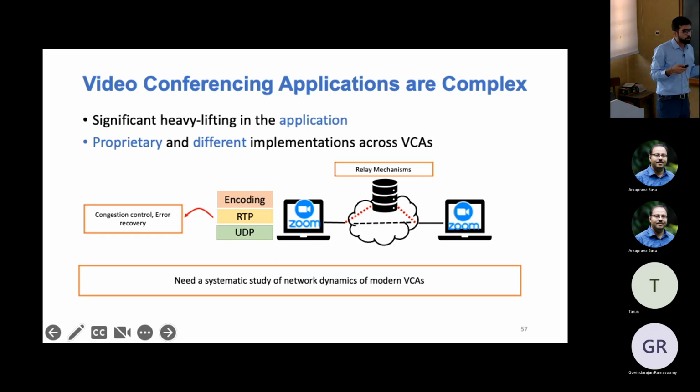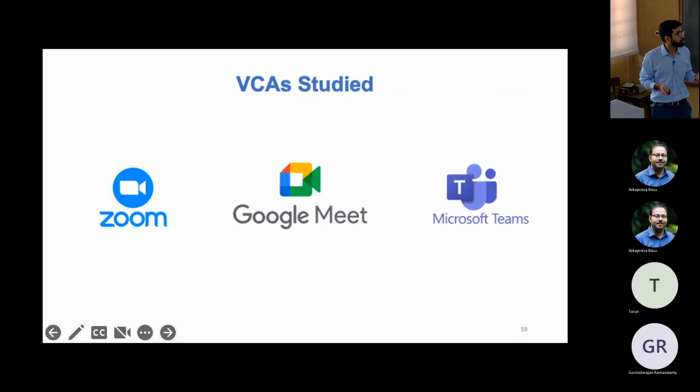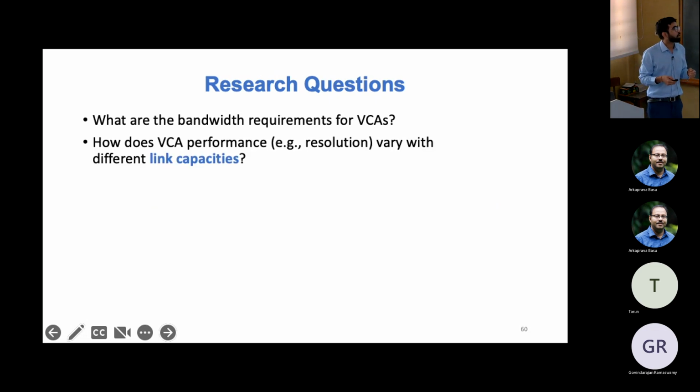So what we do in this work is a systematic study of network dynamics of these modern VCAs. And this work was especially, we did this after the pandemic when people really started using VCAs very heavily. So we did this empirical study on three popular video conferencing applications, that's Zoom, Meet, and Teams. And the kind of questions we looked at was, what is the consumption of these VCAs? And how do these VCAs adapt to